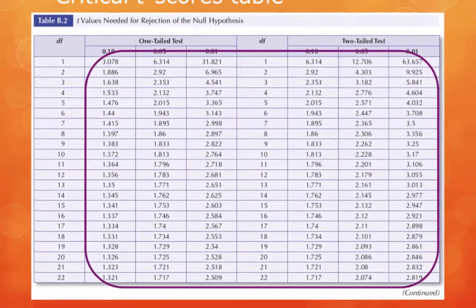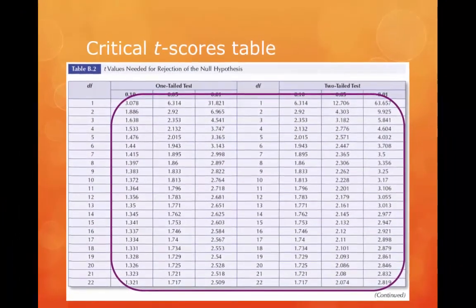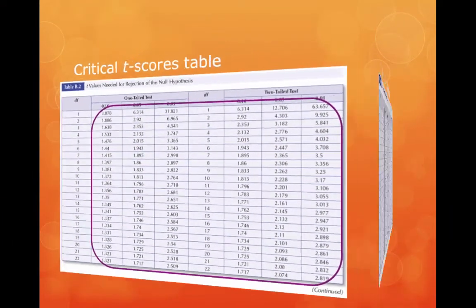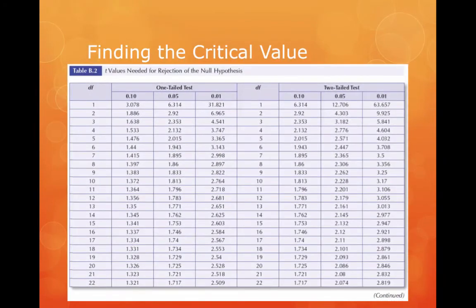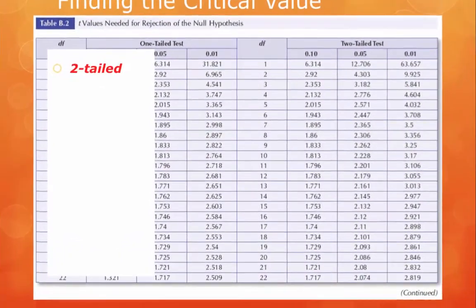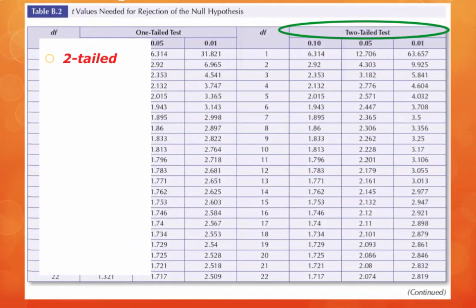So let's go ahead and find our critical value for our t-test that we're conducting. So we have a two-tailed test, so we're going to look on the right side of this page. We know that our alpha level is set at 0.05, so we're going to look down this column. And then we have our degrees of freedom that we calculated to equal 18. So we're going to look on this row to then triangulate and give us our critical value of